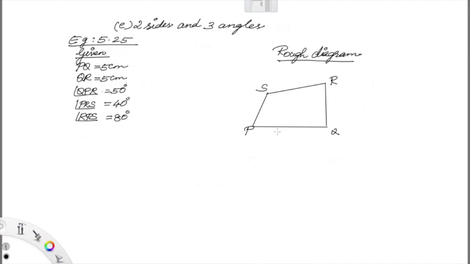Name it as P, Q, R, and S. What is PQ? It is 5 centimeter. Next QR, it is also 5 centimeter. And coming to the angle formed at P, right? QPR is 50°, the angle is formed at P. So one arm is PQ, and the other arm is PR. PR is not there. What is PR? PR is the diagonal, isn't it? So you join the diagonal PR. And now this will be your angle 50°.